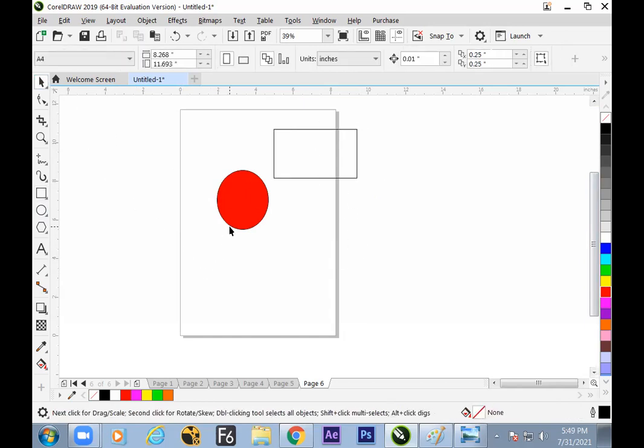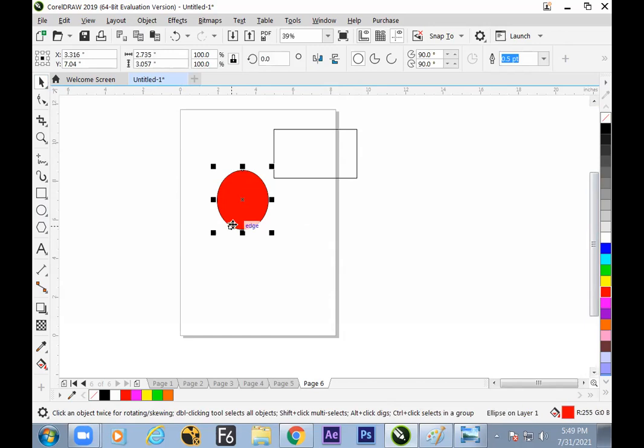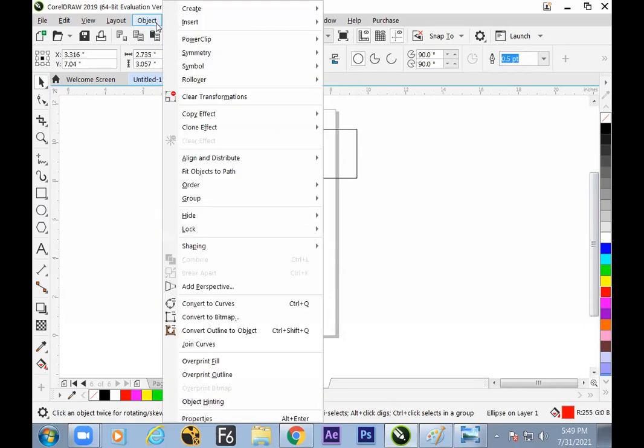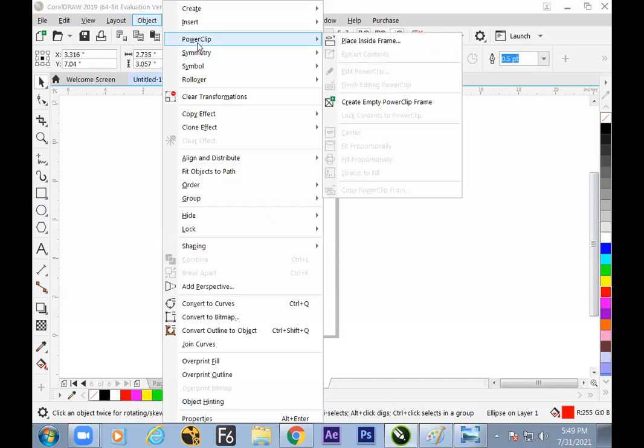Step number one, select the object you need to hide. Go to the Object menu, and there is an option called power clip. Switch to the option called place inside the frame. That means the software is asking, you have selected one object, it can be placed in another frame.